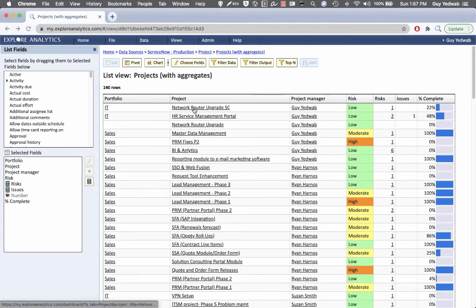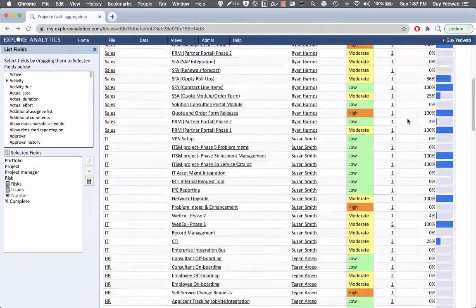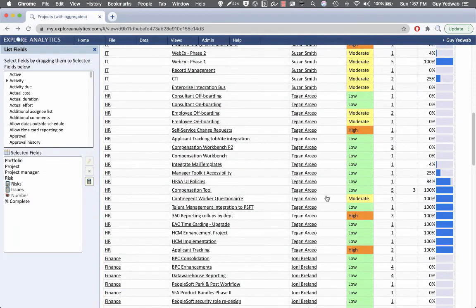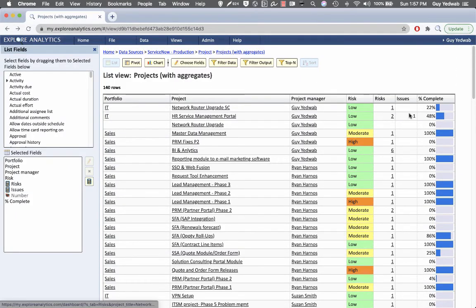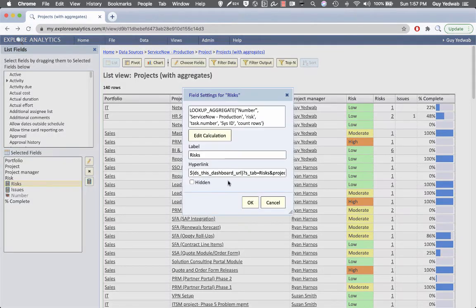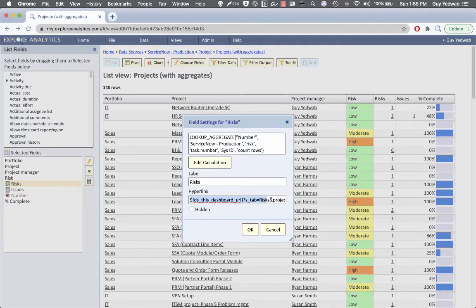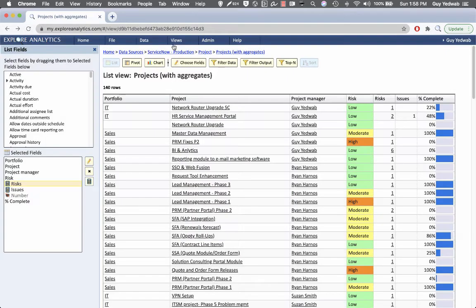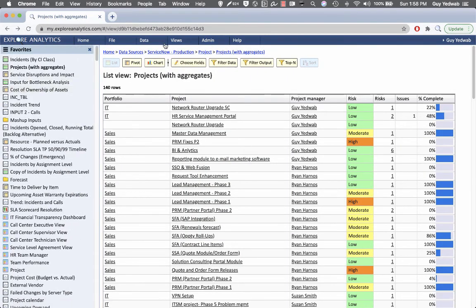Right, so we can see that this has 1 issue against it, and this one has 3. Again, we're able to easily do that. Now, one thing, this example is from the project management application. And one of the things that we did in the project management analytical application was we made this a URL that actually goes to a tab in the dashboard that brings up the number of risks. So if I show you how that works on our project management dashboard,